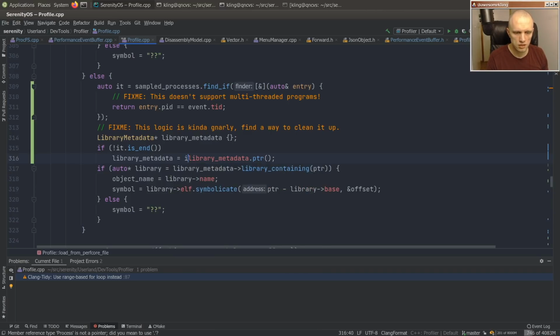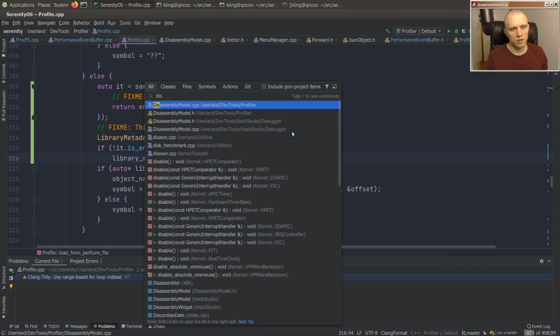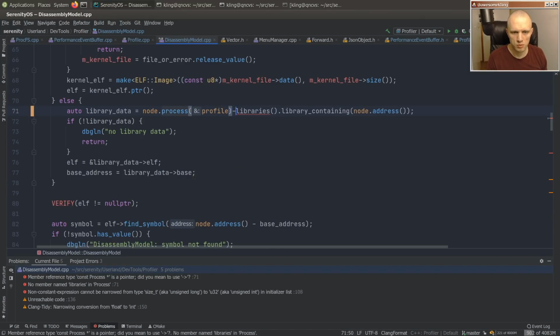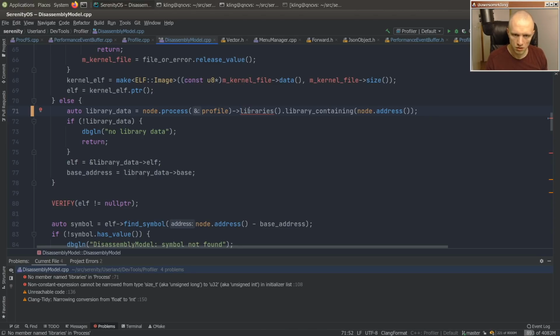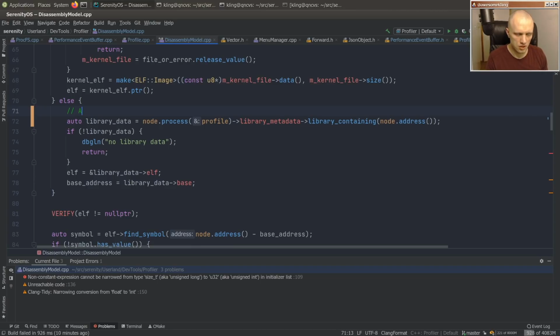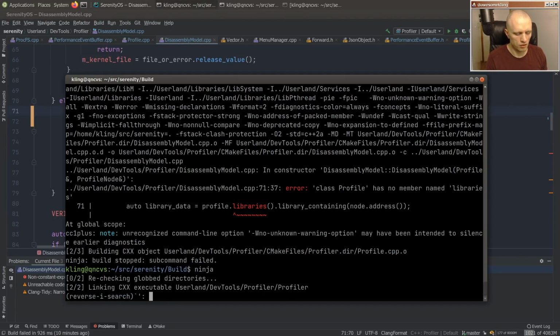Oh, here I can just use IT arrow, right? Okay, and then we have this problem right here, but this should now be fixable because all we need to do is node.process. Pass in the profile as we said we would, and then arrow, hoping for the best. And then library metadata is, ooh. So this is kind of rickety looking. I don't like that. Fix me. This is kind of rickety looking with all the